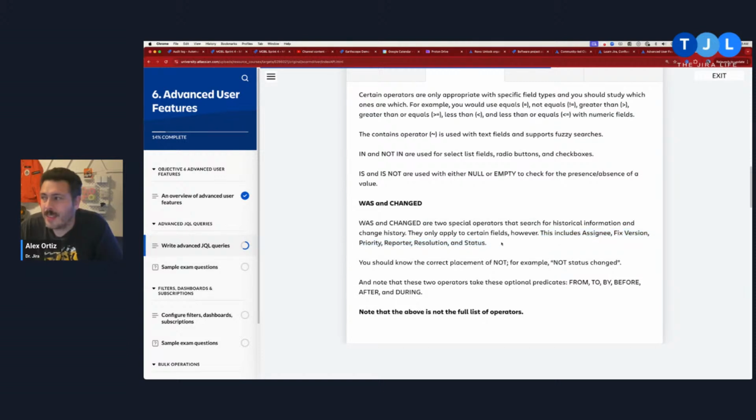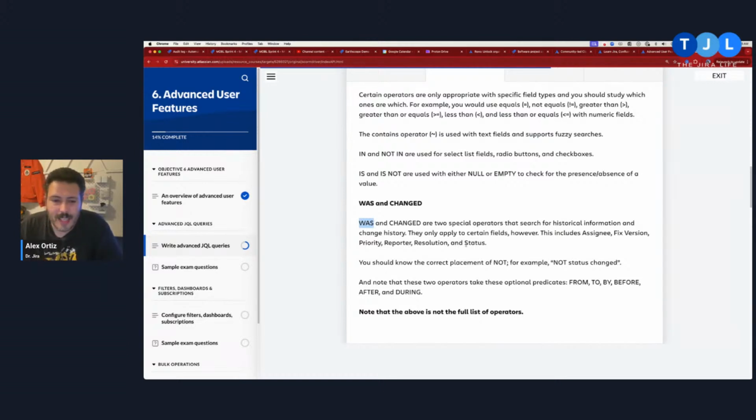If I was a betting person, I can guarantee you that Atlassian is going to be testing you on this one. They should be giving you an example like, hey, Billy used to be the assignee of something, but now it's assigned to Tim. How do we determine if Billy was ever the assignee? I guarantee you this is going to be one of those functions that you don't use very often, but comes up in that kind of a conversation.